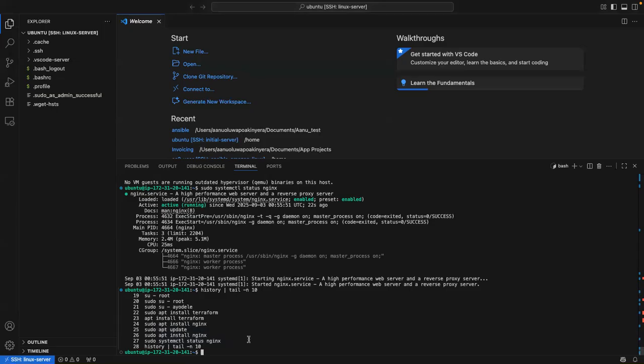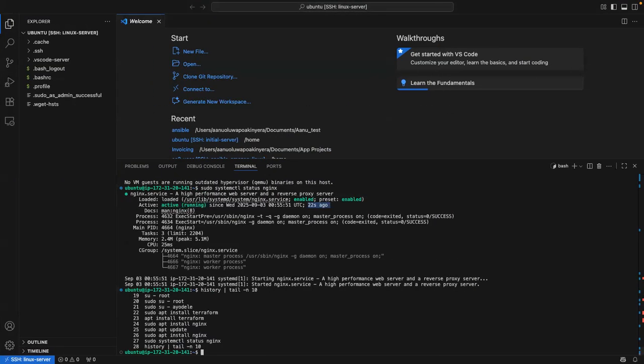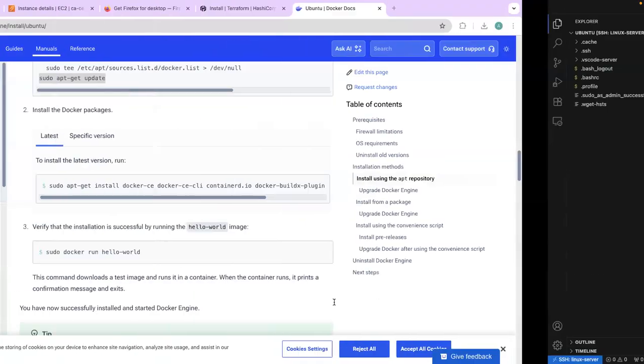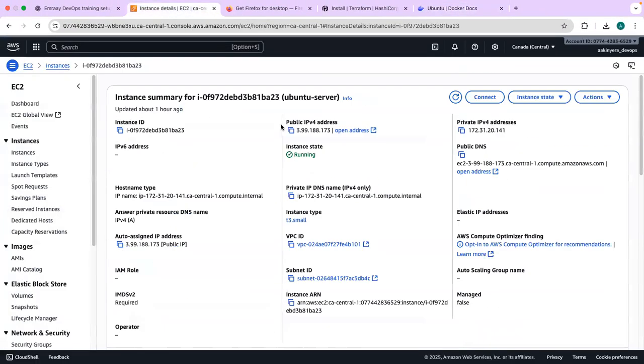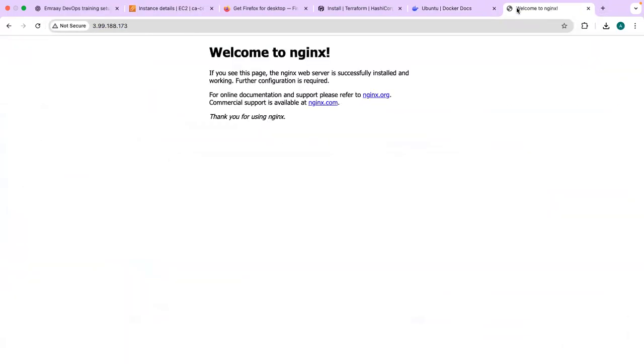So I have installed Nginx now. Let me go check my browser, and I have checked the status of Nginx. As you can see, it is active since 22 seconds ago, right? So all I need to do to know whether it is running is go to my browser, go to my AWS account, copy the public IP address. We've done this before, but to refresh your memory, paste it, and you can see welcome to Nginx. Nginx is now installed. Before now, there will be nothing.